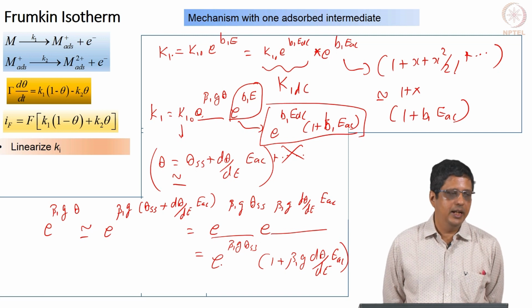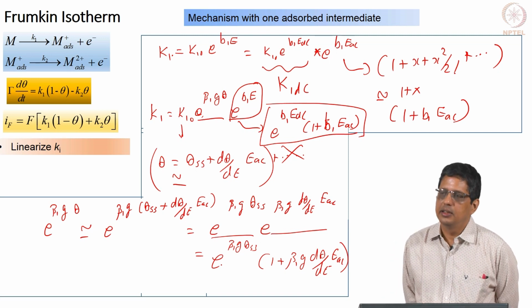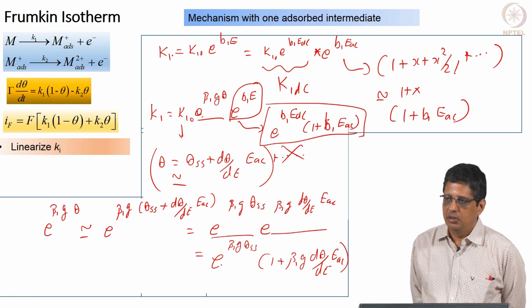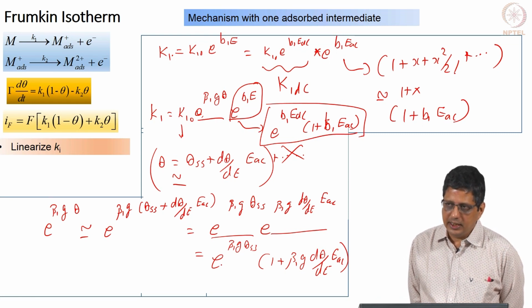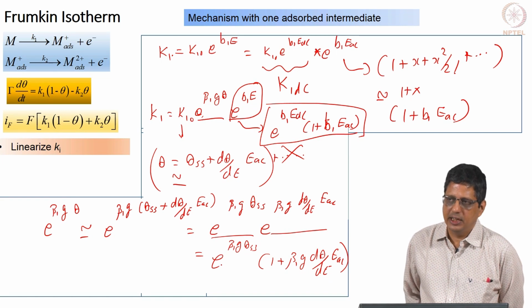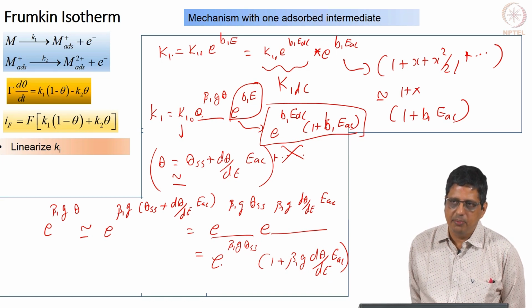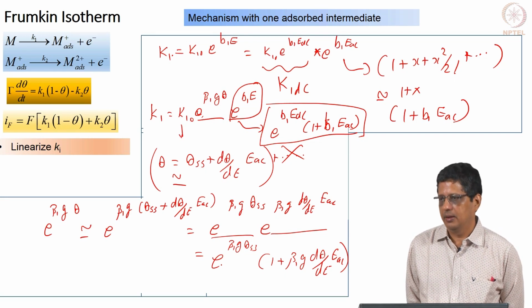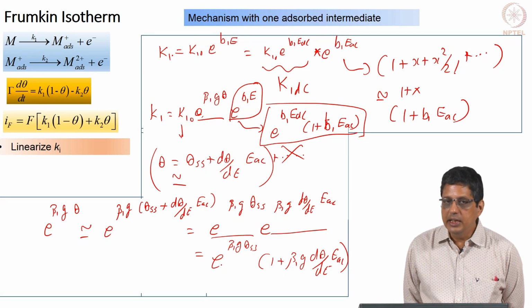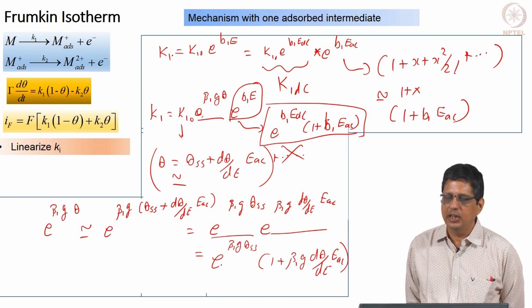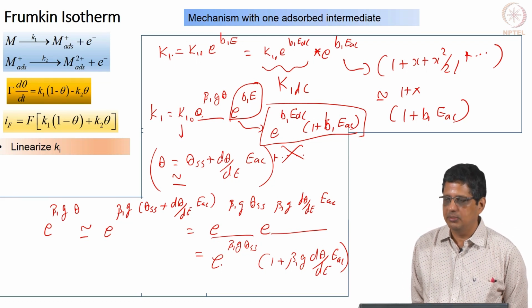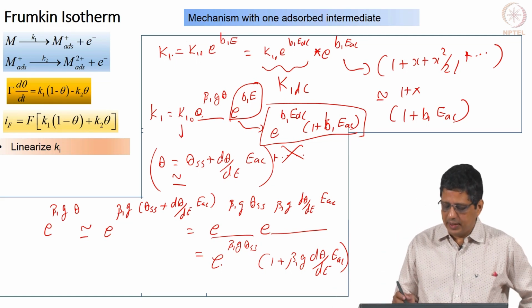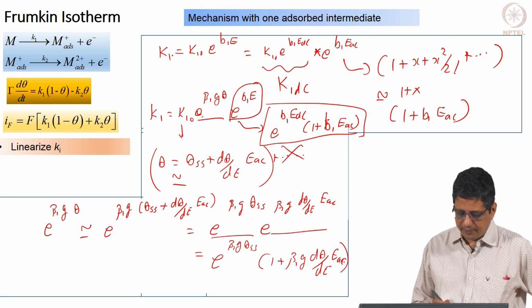So, initially we write theta, expand it, truncate it, then we realize the theta actually comes in exponential form. Anything that is small, you can expand in Taylor series and truncate; anything that is large you keep as it is. Theta SS we do not know whether it is going to be large or small. EAC we assume is small, it is in our control, we can make it as small or as large as we want. Therefore, we are going to keep that as a small number here.